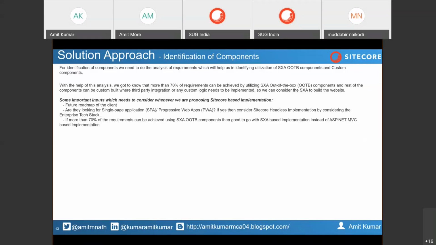But in those scenarios, you need to build a complete website in a client-side framework from scratch, so you will be wasting your client's money as well as your development time by doing the revamp. Those scenarios and that information you need to collect during the discovery phase of the application.